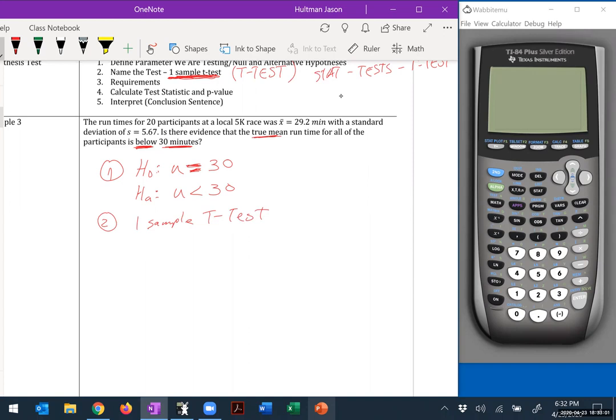Number 3, are the requirements met? Is it a large population? Yeah. Is it a random sample? Yeah. Is the sample size n greater than or equal to 20? No. No. Okay, but